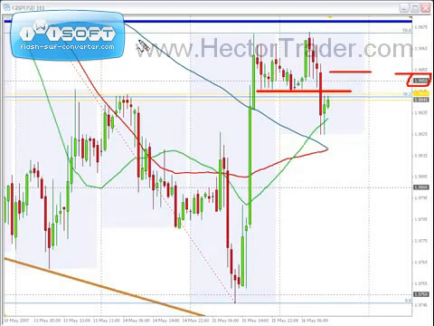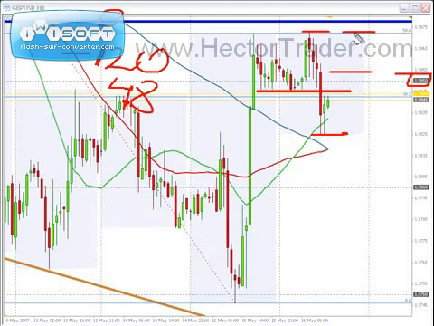The average daily range for the pound in the last 100 days has been about 120 pips. Today we've moved 48 pips. So from here to here there's been 48 pips, and since the average is about 120 pips, I will add 120 pips from the high of the day,